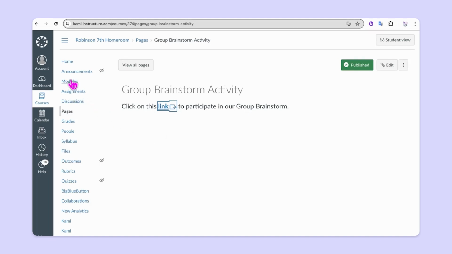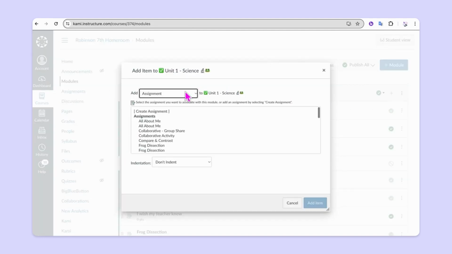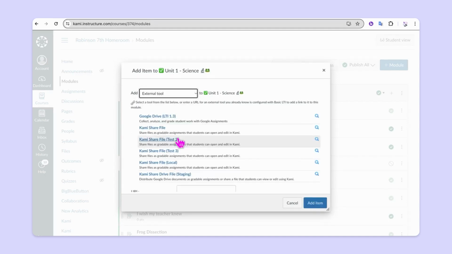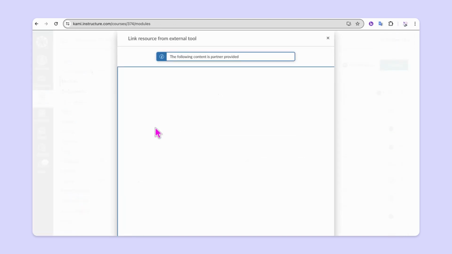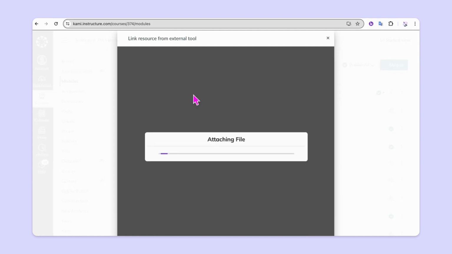Another way is if you use modules. If you click on modules, then you can go over to the right-hand side to your plus sign, where you might choose the type of item that you'd like to add to your module. One option is external tool. From here, you can choose Cami Share File. A Cami Share file can be pulled from your computer, from Google Drive, from OneDrive if you use Microsoft, or from the Cami library. In this case, our group brainstorm is stored in Google Drive, so we'll click,